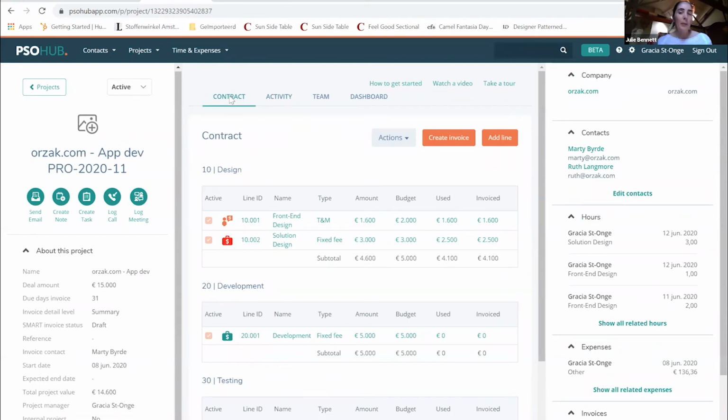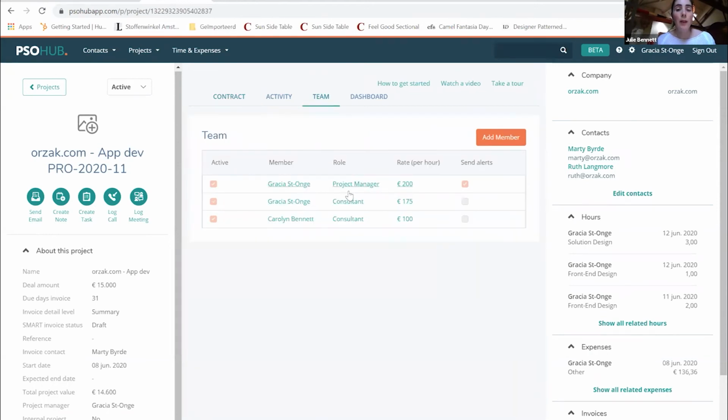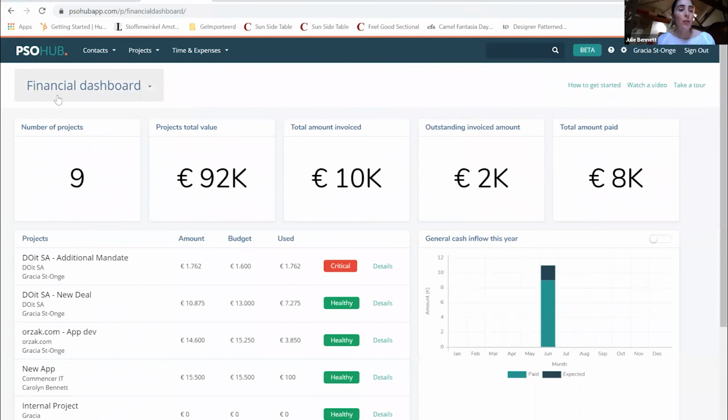All right. Last thing that I want to mention regarding this overview demo is that, of course, we had identified that we wanted this person to get an alert as a project manager. So now if I go to the dashboard that we have in PSOhub, so I'm going to click on PSOhub now. It's going to give me access to the financial dashboard. We actually have three dashboards. So the first one, the financial dashboard, will give you an